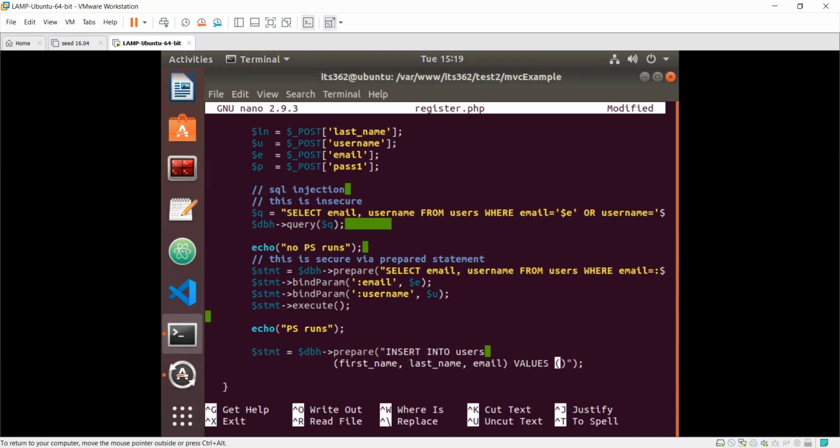And then the values are going to be. And then once again, this is where we need to do the colon and then the prepared statement values. So it's going to be colon first name, colon last name, colon email. Okay, we do that, and then